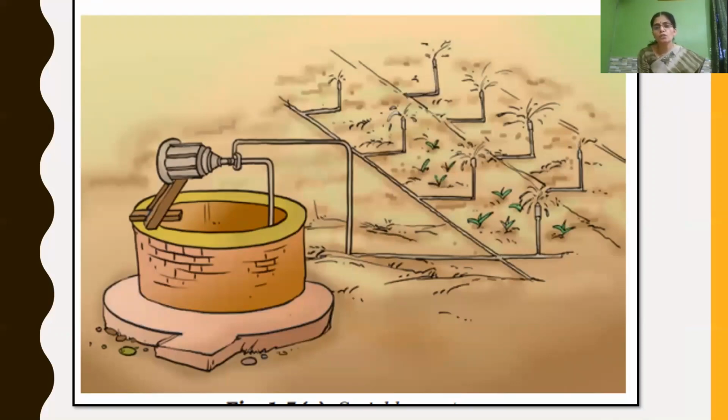Yes, and this is also a modern method of irrigation. Here you can see perpendicular pipes at regular intervals attached to the main pipe, and water is sprinkled from the top of each perpendicular pipe. Which system is it? The sprinkler system of irrigation. It is used where the land is uneven, as well as where enough water is not available.